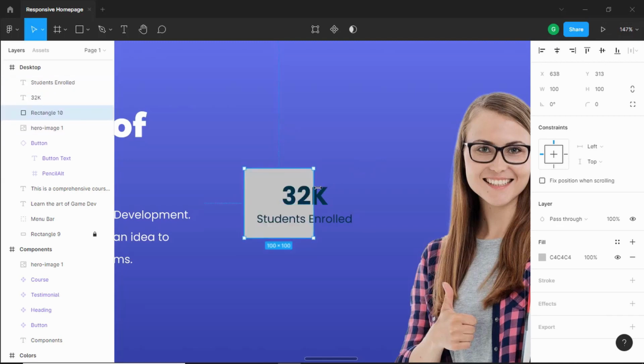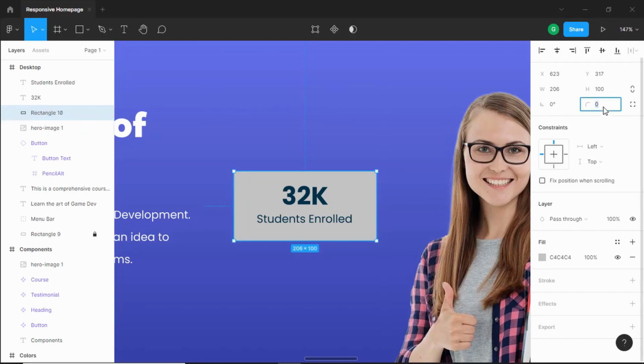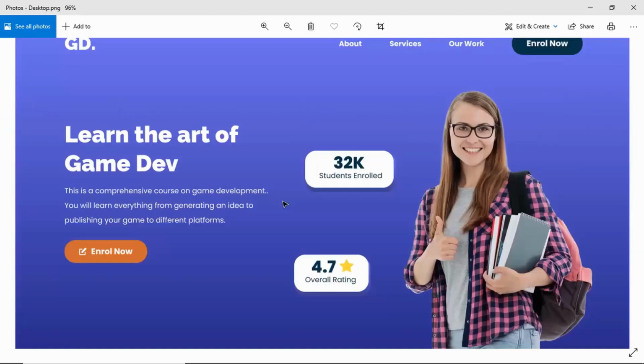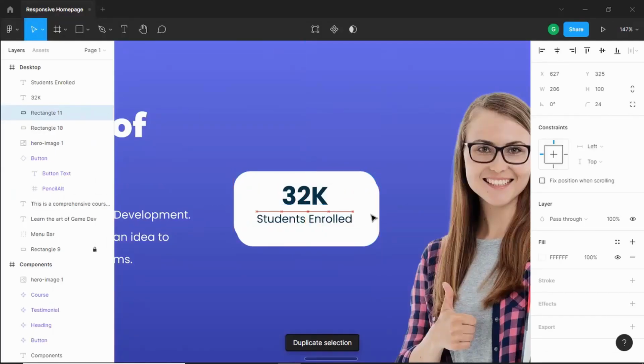Alright, let's bring it over here, and let's increase the width and the height, and I think that looks alright. And let's add a border radius of 24 pixels, and let's set the color to white, and we also need to give it a 3D look over here like this. So let's duplicate this rectangle, and let's bring it over here to the right,